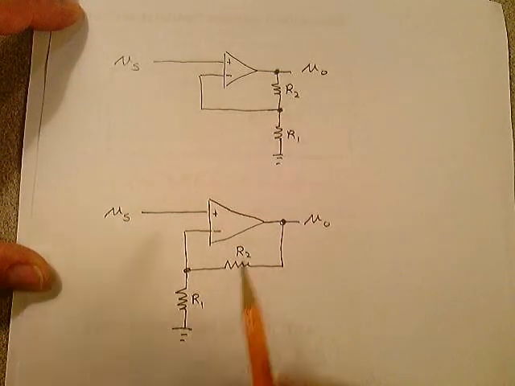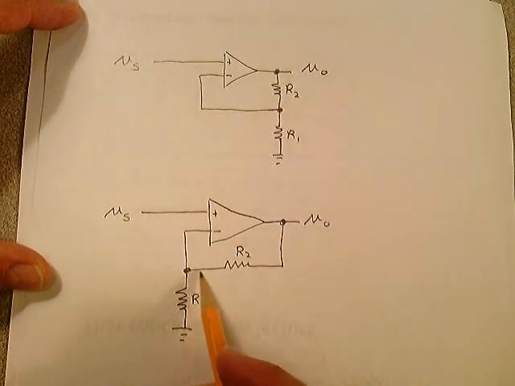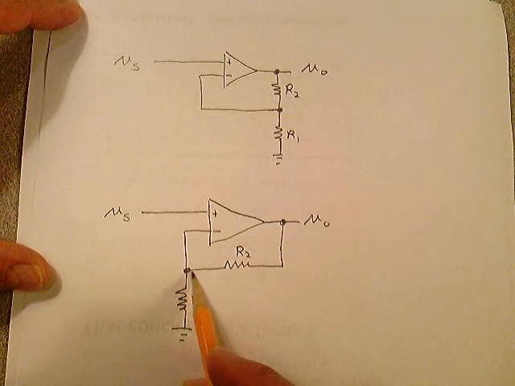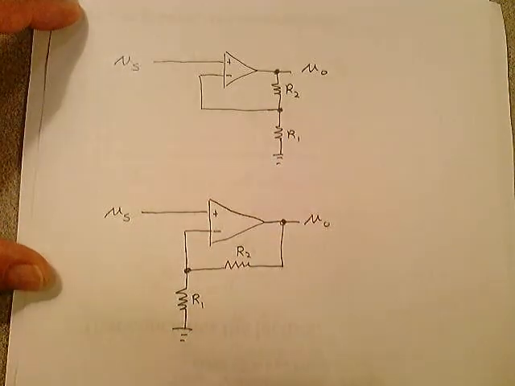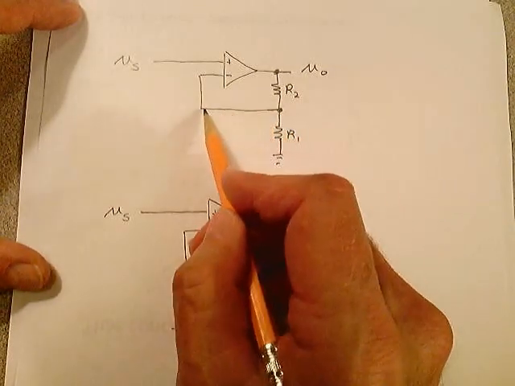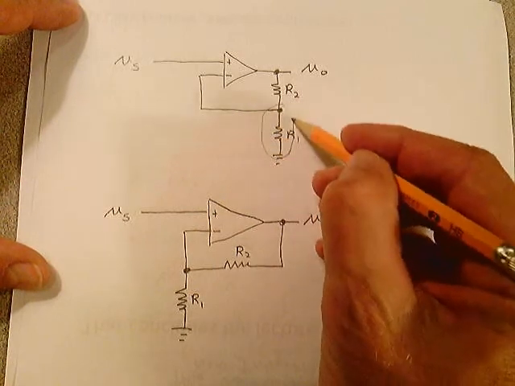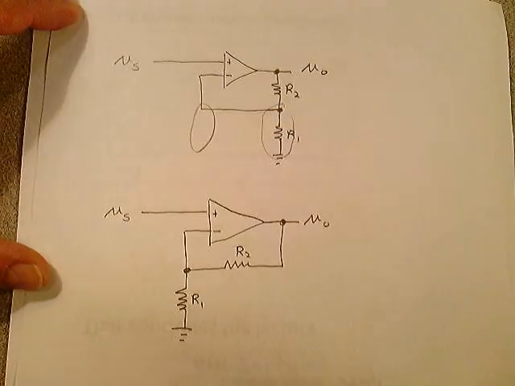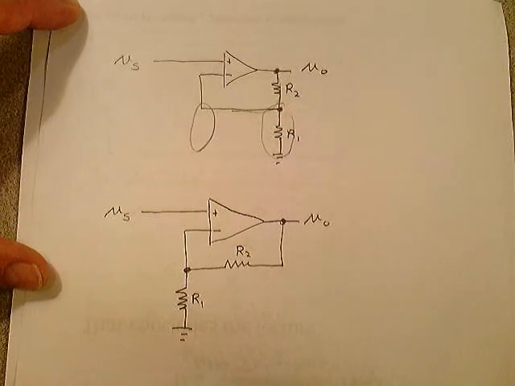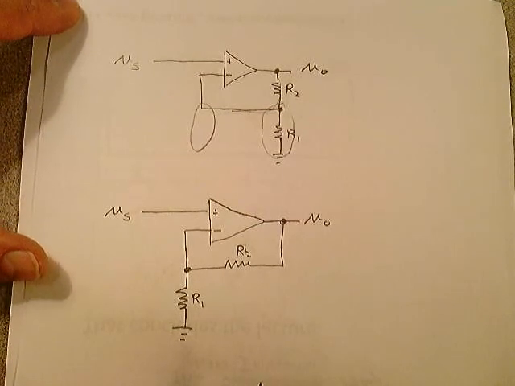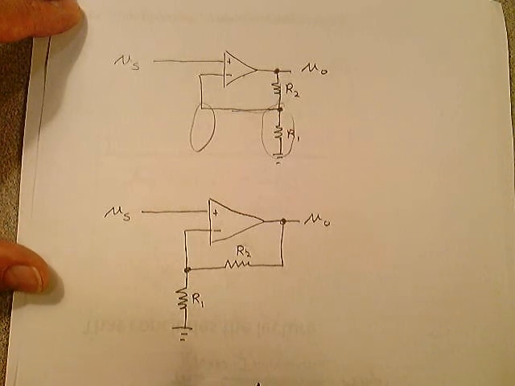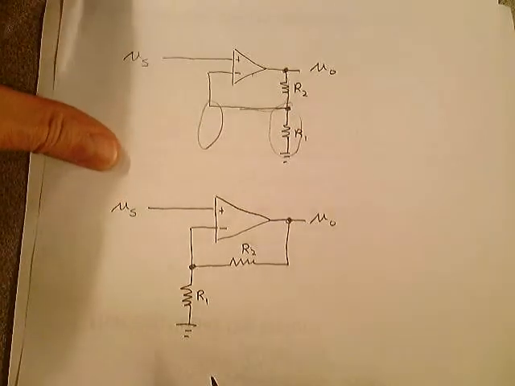Take this circuit here and rotate, take this point and just pull it back to here. Take this point and pull it back to here. It moves this resistor up here, and this resistor comes along for the ride. Or take this point and stretch it over to here. Take all this and just stretch it all over to this point and bring that resistor down. These are exactly the same circuits. Don't let that confuse you when you see that in homework or on an exam. They are non-inverting amplifier circuits, and they're identical. Okay, let's take a look at